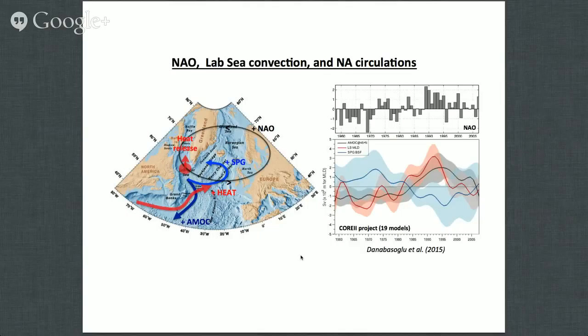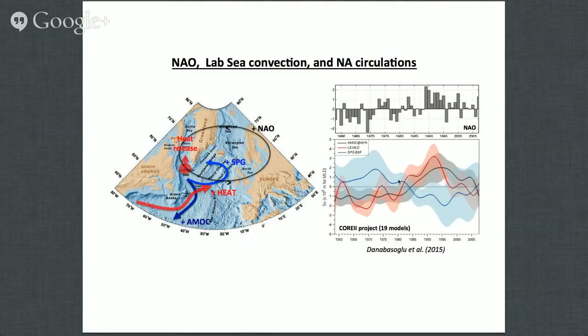So in this project, the 19 ocean model is forced with the same forcing as in CORE-2. In this plot, the red is Labrador Sea mixed layer depth, the black is AMOC strength at 45 north, and the blue is the barotropic streamfunction averaged over the entire subpolar North Atlantic. You can see there is a strong positive NAO trend from around 1970s